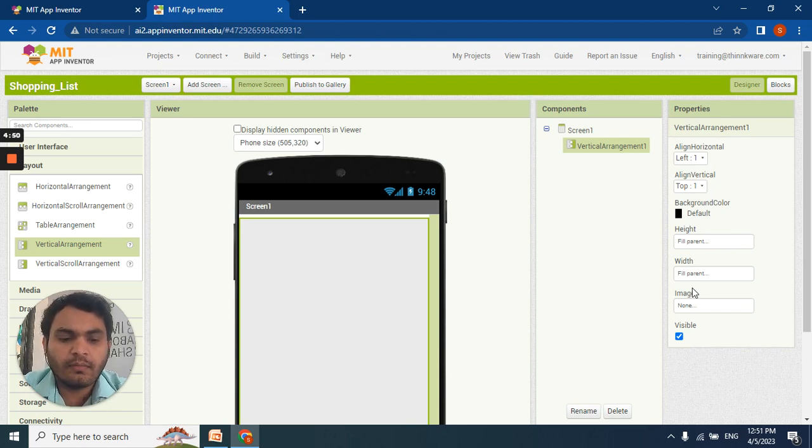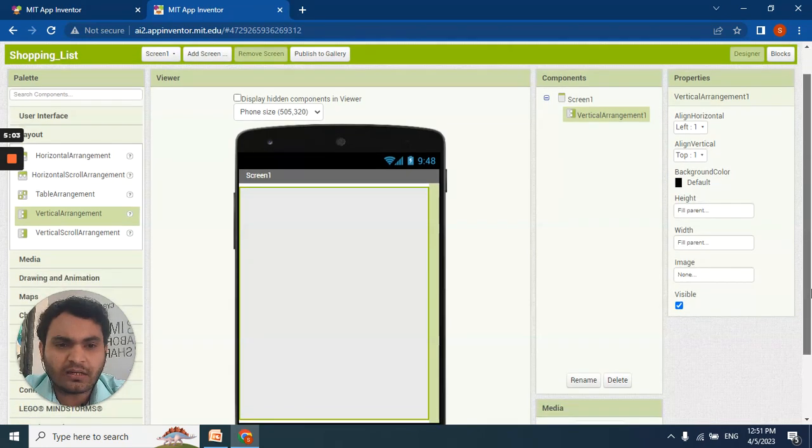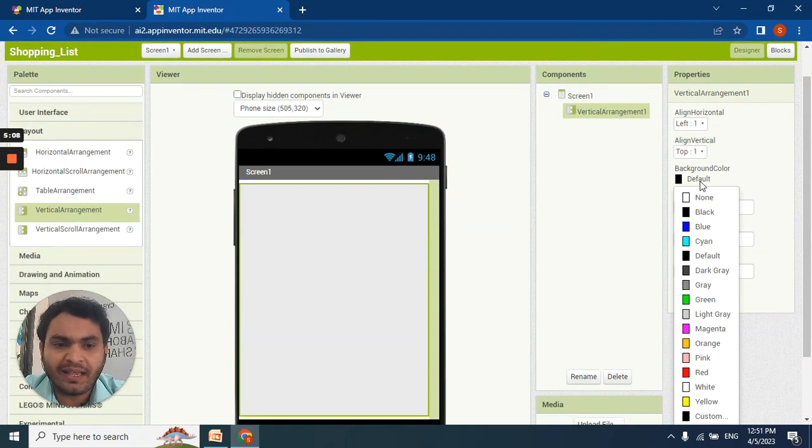Now we need to add a background color for the vertical arrangement. Let me select a color for my vertical arrangement page.